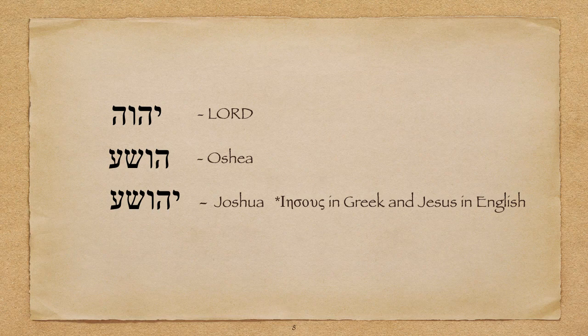For our purpose, let's zero in on just 5 letters of the Hebrew alphabet, which appear in the previous chart and which tie together the names of Lord, Hoshea, and Joshua shown above. The Tetragrammaton on top, our name title of God, translated into English as Lord, and pronounced by some as Yahweh and Jehovah, contains the Yod, He, and Vav. Hoshea contains 2 letters which are found in the Tetragrammaton, the He and Vav. Joshua contains all 3 letters which appear in the Tetragrammaton, the Yod, He, and Vav.